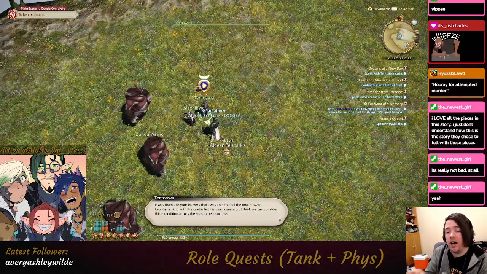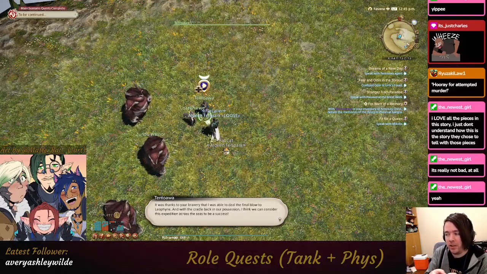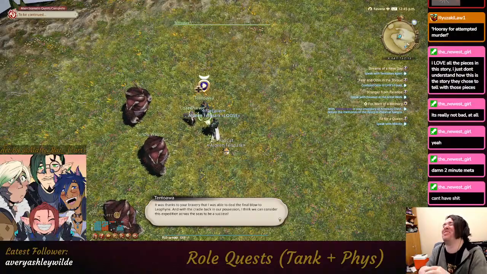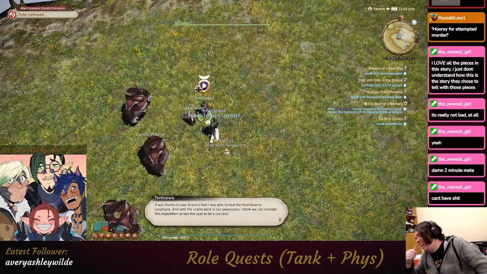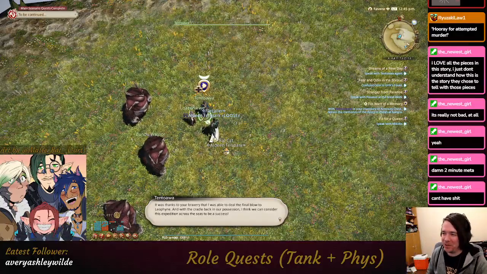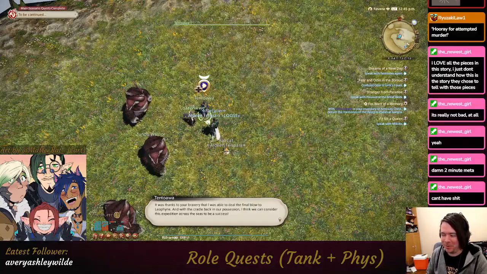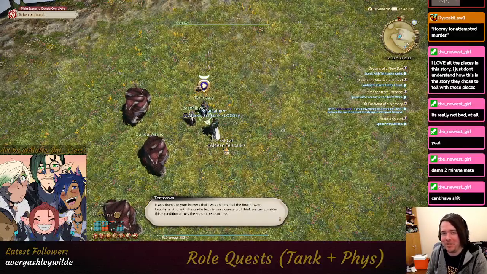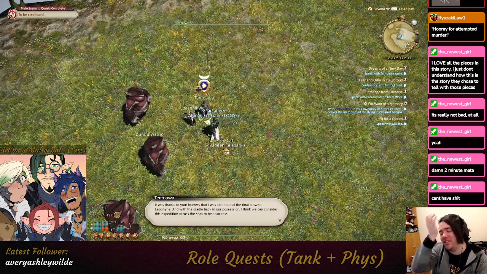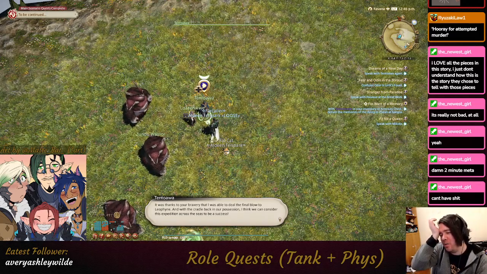Honestly, I'm kind of surprised we didn't get to do that 2-minute meta kind of thing. Yeah, the totem has a 2-minute cooldown now. It used to have a really weird cooldown you'd be able to abuse more, but now you can't do anything outside of the 2 minutes. But yeah, that's just a really unsatisfying way to